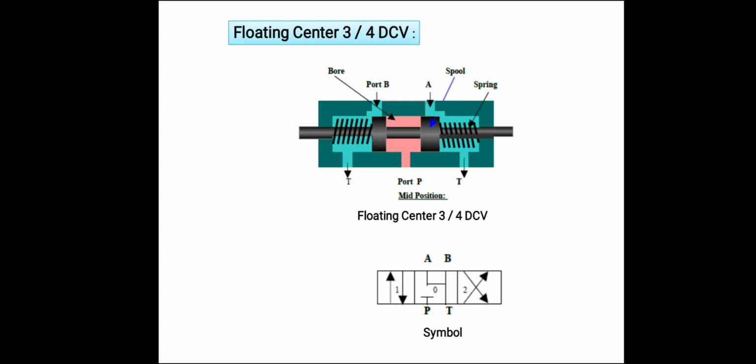So in this valve, also like in the closed center in the mid position, the pump flow must go over the relief valve when flow is not being used for any other parts of the circuit. So this forces the pump to produce flow at the high pressure setting of the pressure relief valve, which builds up heat in the circuit. Hence this center configuration is used only in special cases.